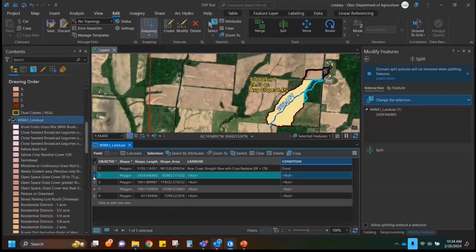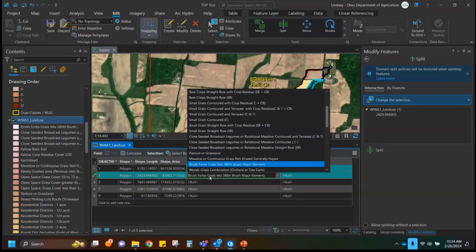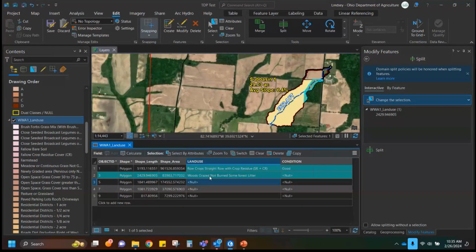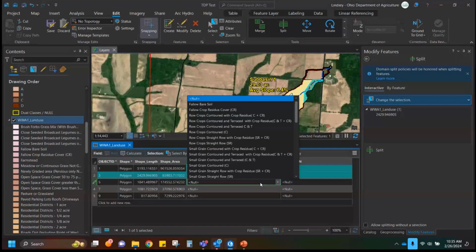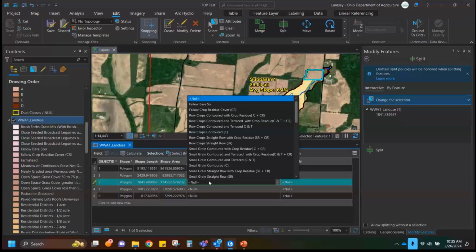Now for this one, I'm gonna say that this one's wooded area. We'll say it's not burned with some forest litter. We'll say it's good. Or we could even say fair if we wanted to, but for the sake of this, I'm just trying to be quick. Alrighty, so we'll say that this field is also straight row crop, or we can say it's small grains. We'll do small grains